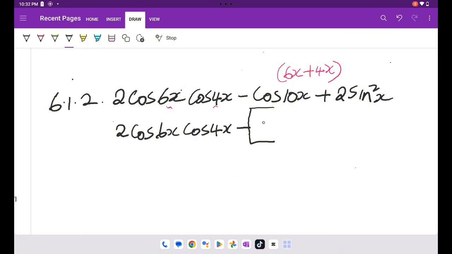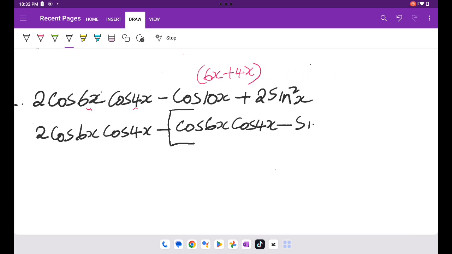We have just proved that cos of alpha plus beta is the same as cos 6x cos 4x, and then if it's plus, it's going to be minus